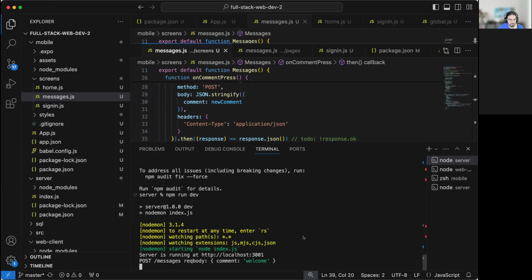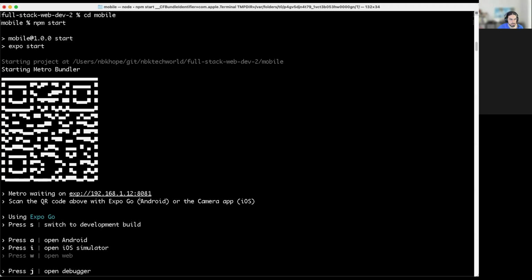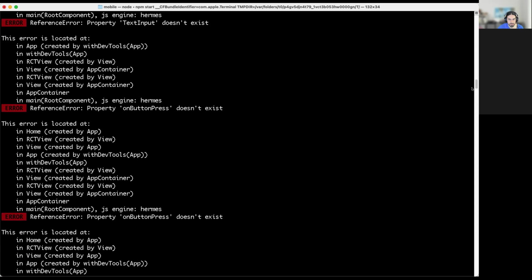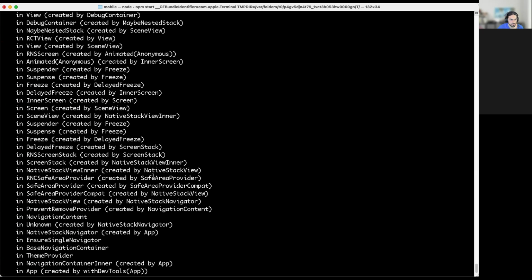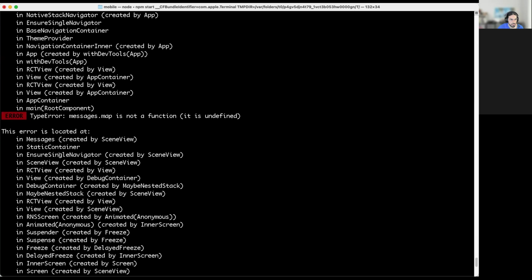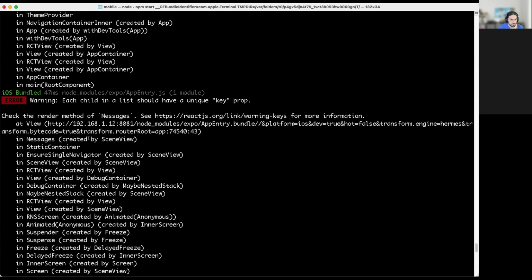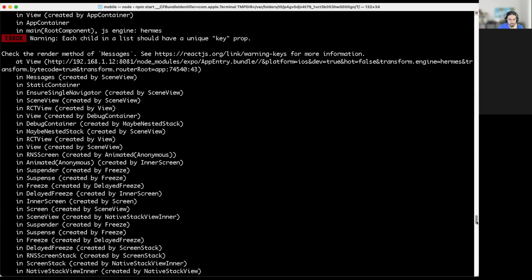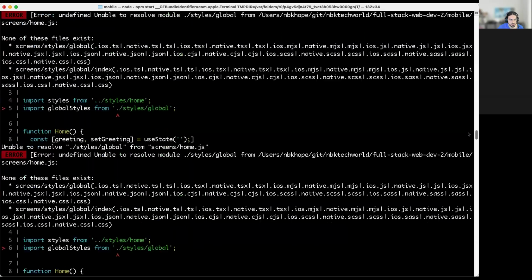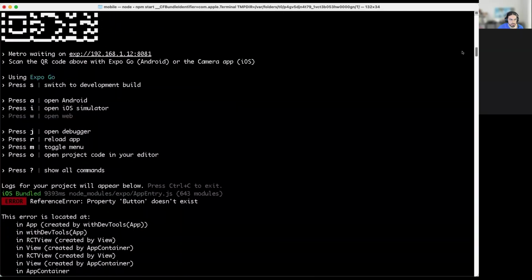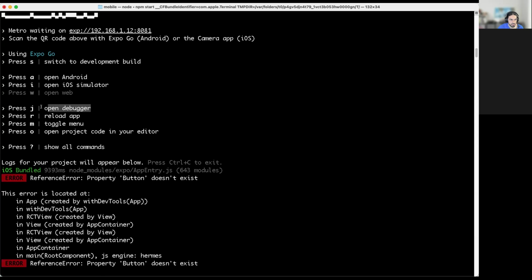Let's see. Another thing you can look at is the terminal that's running the development server. You see all these errors? Let's scroll all the way down. Something just happened. Error is located, blah, blah, blah. Each child should have a unique key, check render method. Okay. If you notice here, scroll all the way up. Do you see this J? Open debugger. That's how you can open the debugger. It's basically a Chrome window. Or if you go on the phone,